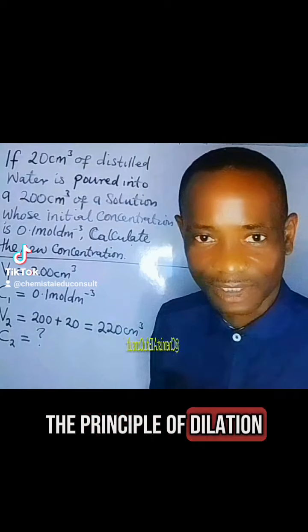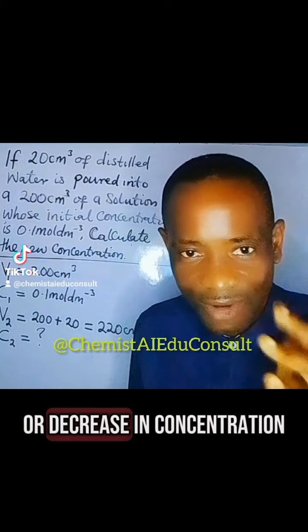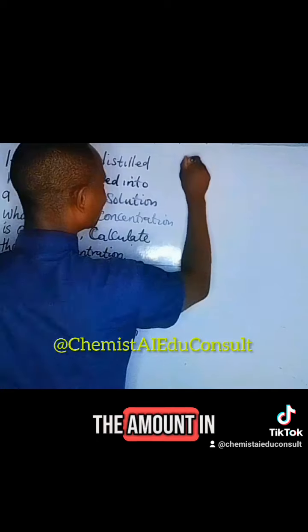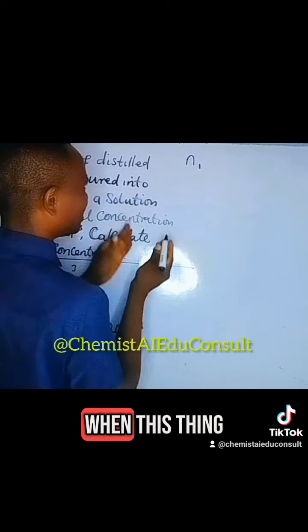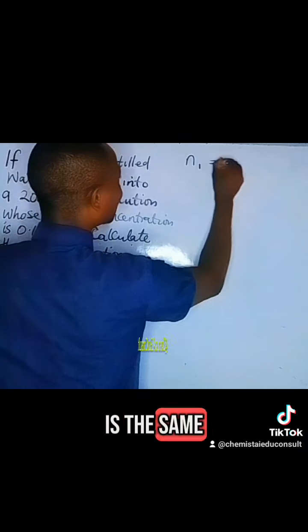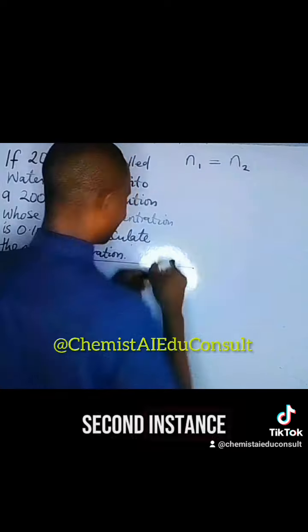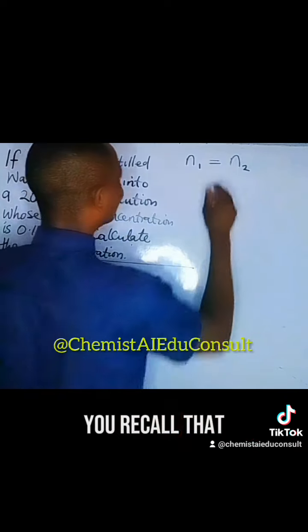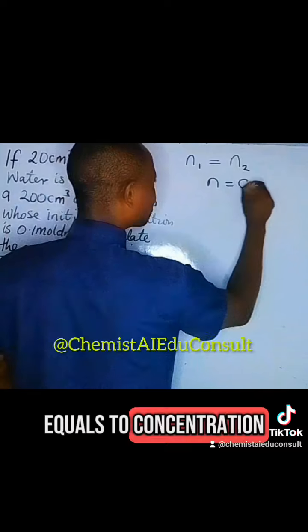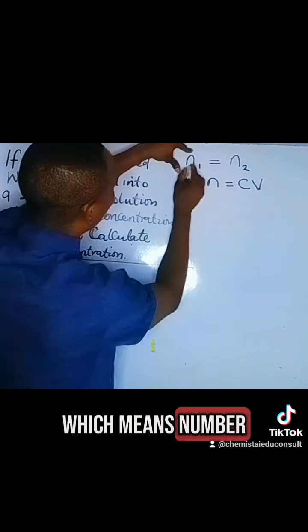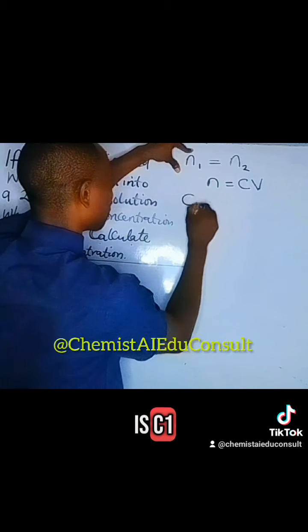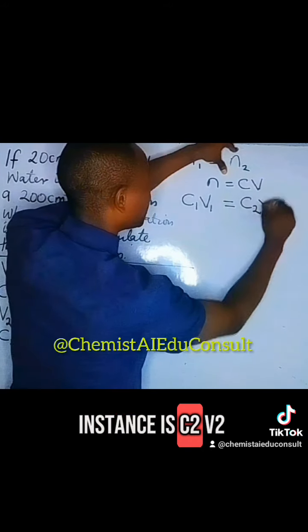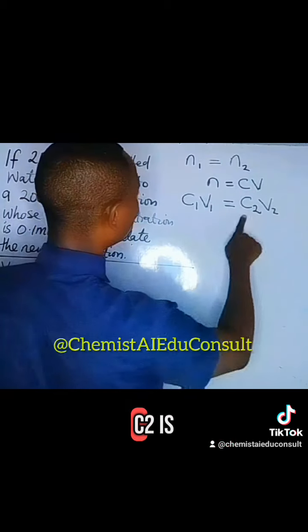In the principle of dilution, regardless of increase or decrease in concentration, the amount in mole remains unchanged. The amount in the first instance, when distilled water has not been added, is the same as the amount in the second instance, because the substance did not disappear. It is only water that was added. You recall that number of moles equals concentration times volume, which means number of moles in the first instance is C1V1, and the number of moles in the second instance is C2V2. To get C2,